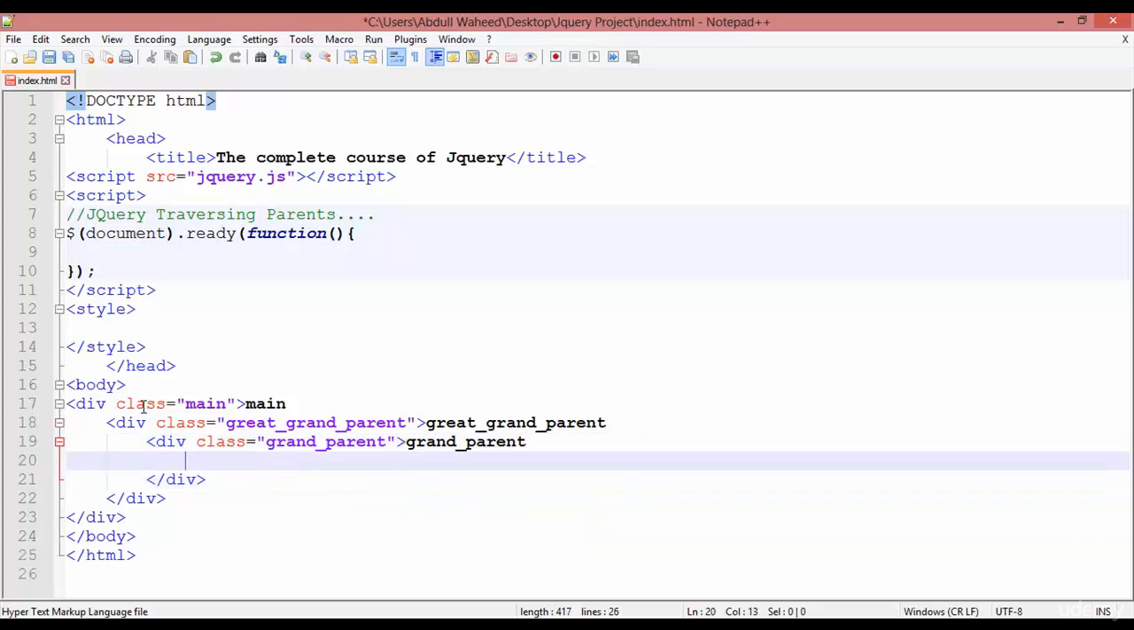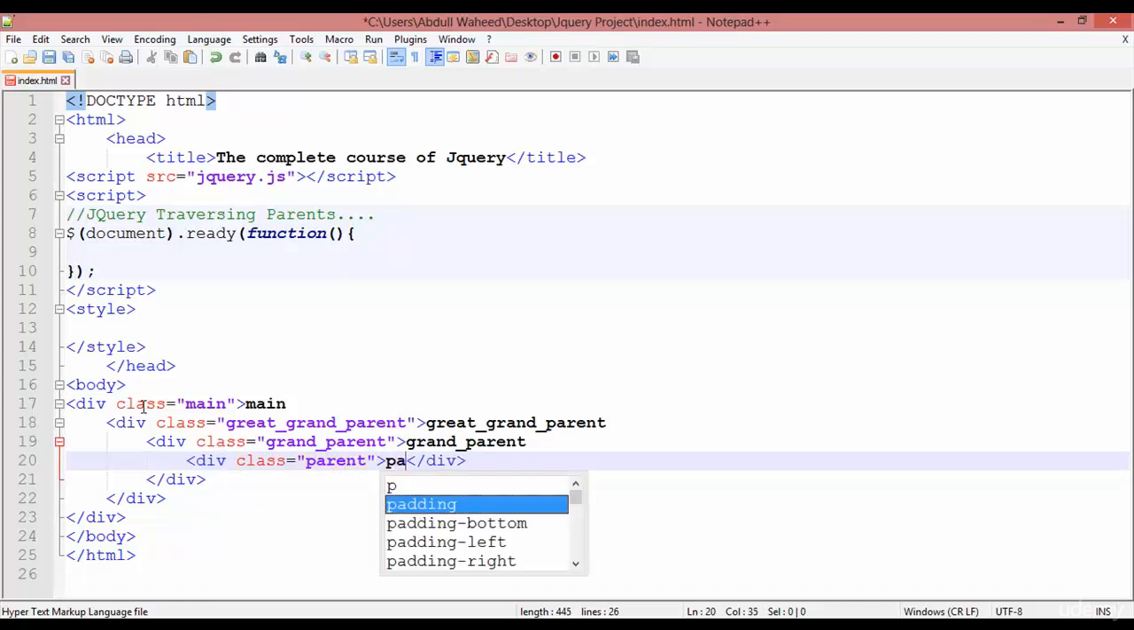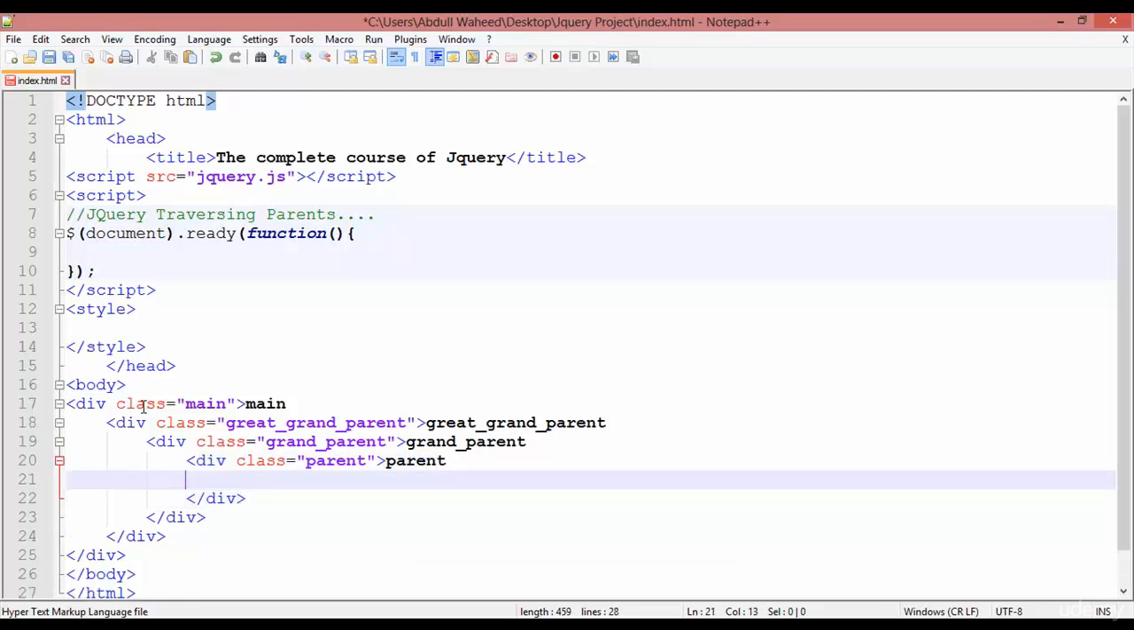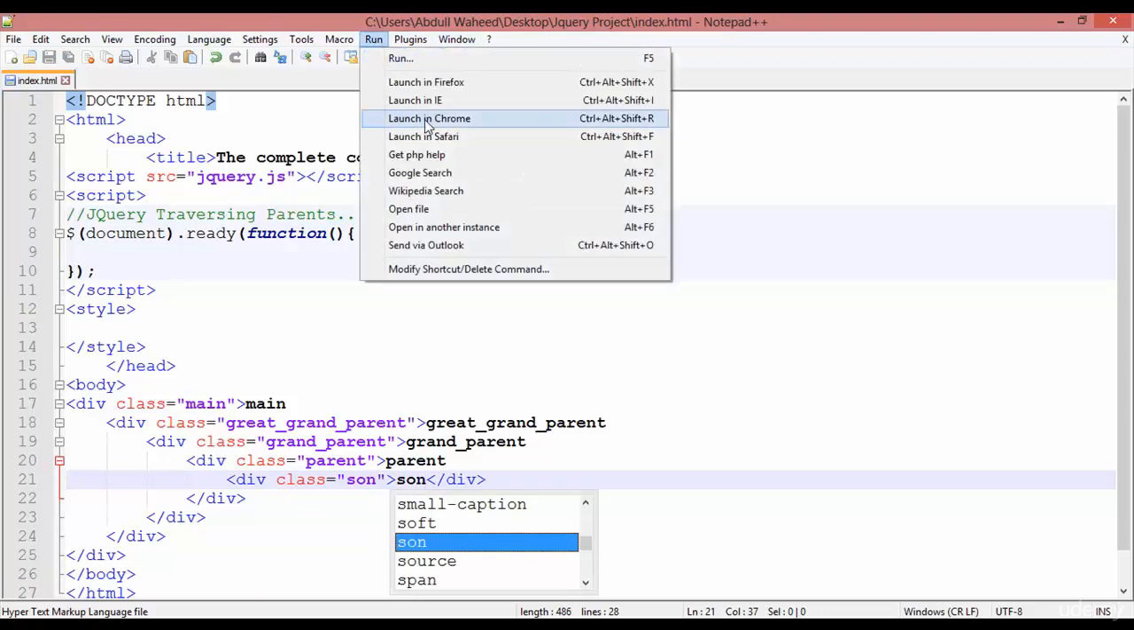Inside this div we are going to insert another div start and div close. Here we create another class, equal sign, double quotation, this time only parent. Parent is also written here. Then another div, one more and the last div, start and div close. Here also create a class, equal sign, double quotation, son. Class equal to son. Save this, go to the Run menu, launch in Chrome,